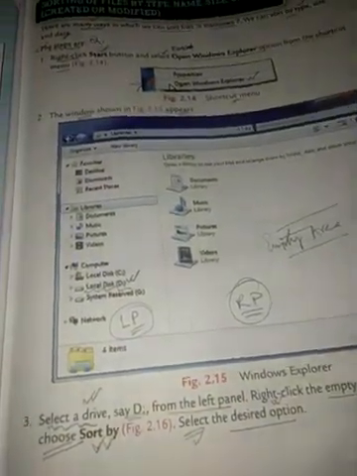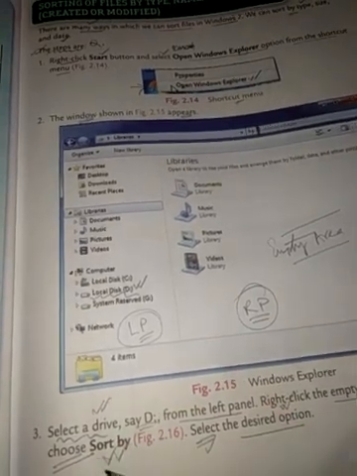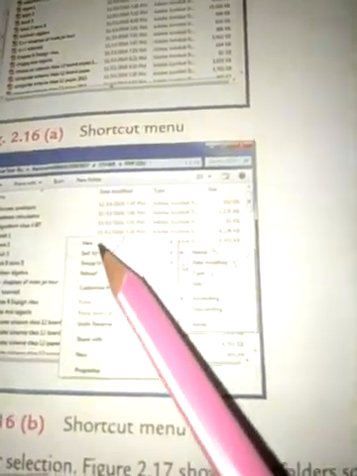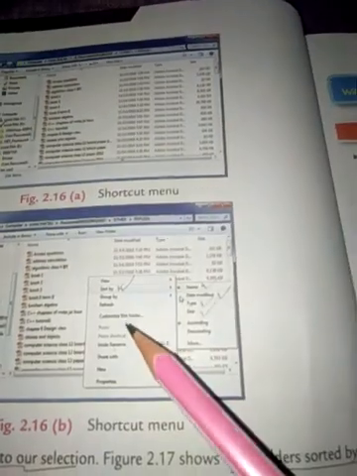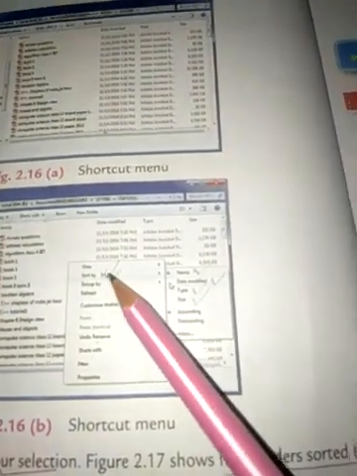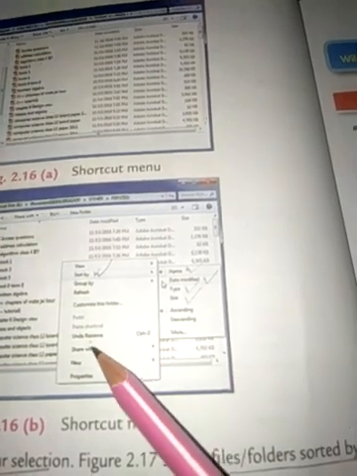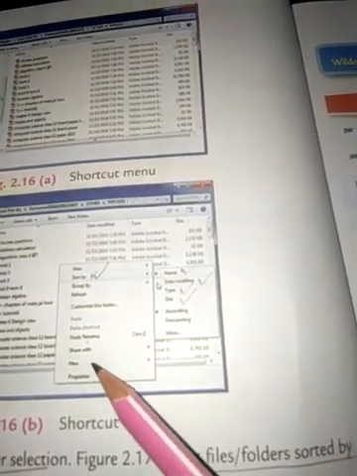Once it is done, we have to choose the option sort by. This is the shortcut menu, and there are different options to choose, such as view, sort by, group by, refresh, customize, share with, new, properties.